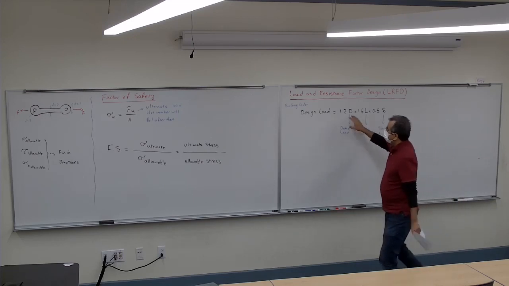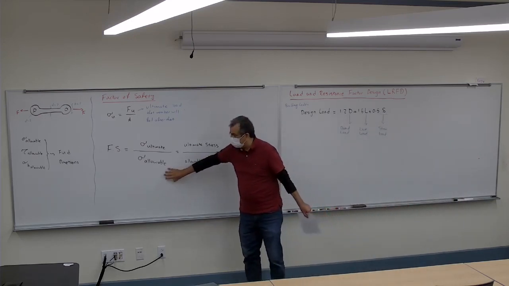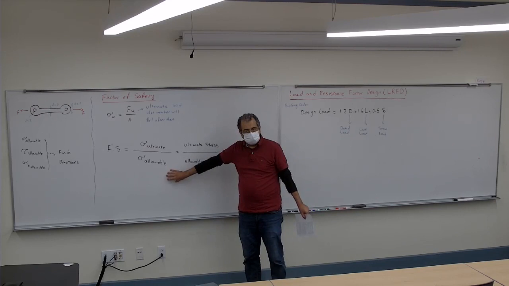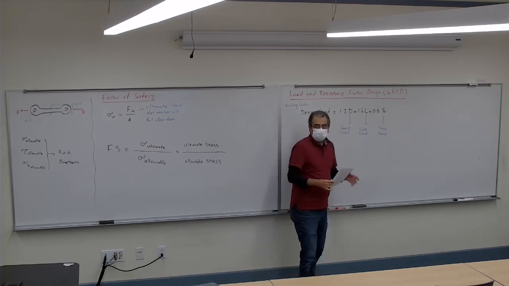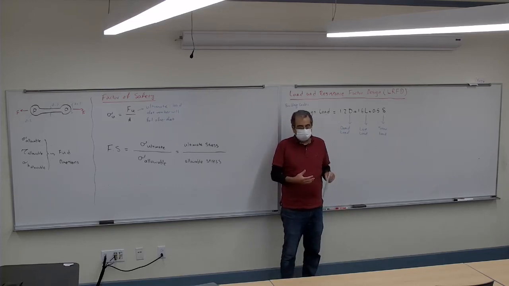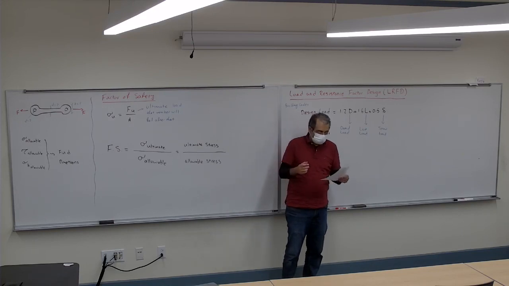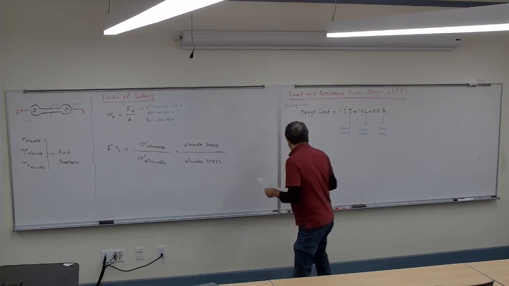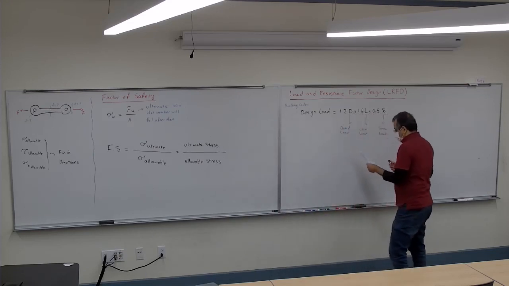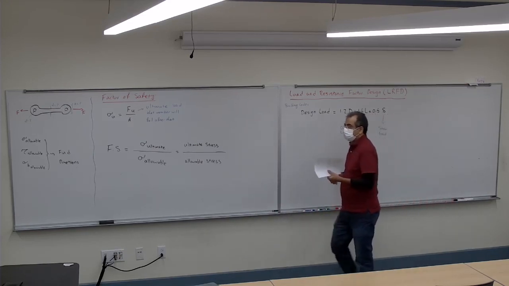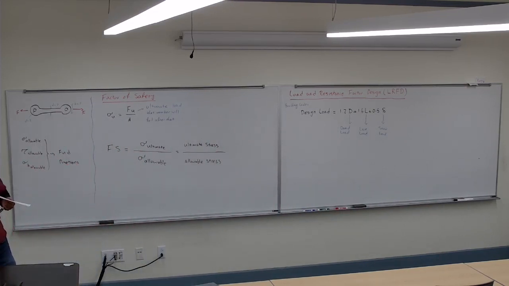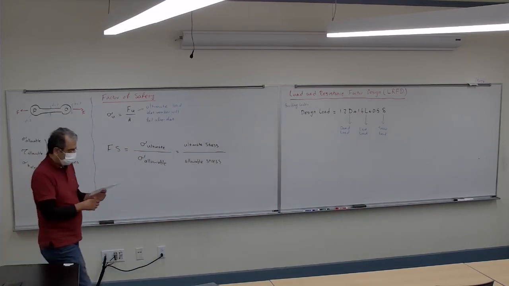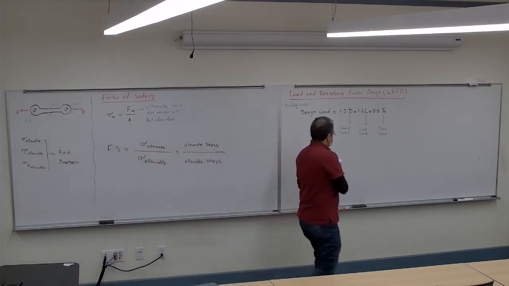So here I'm decreasing the strength. Here I'm increasing the load. If I put these two together, it's going to be LRFD. So I'm going to do it both ways, not only one, I'm also doing the other way around. So usually how we are dealing with that is going to say that